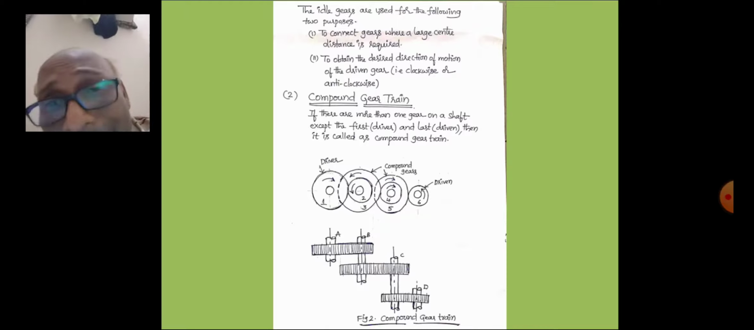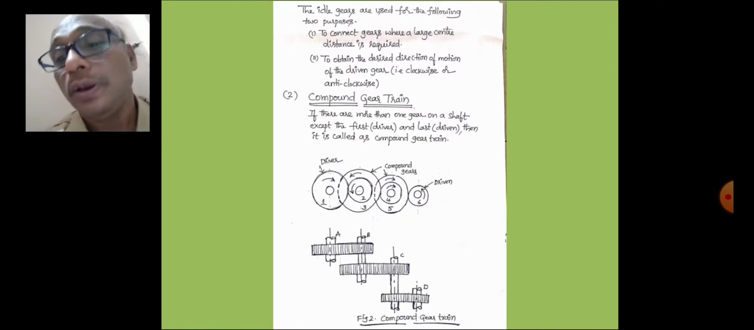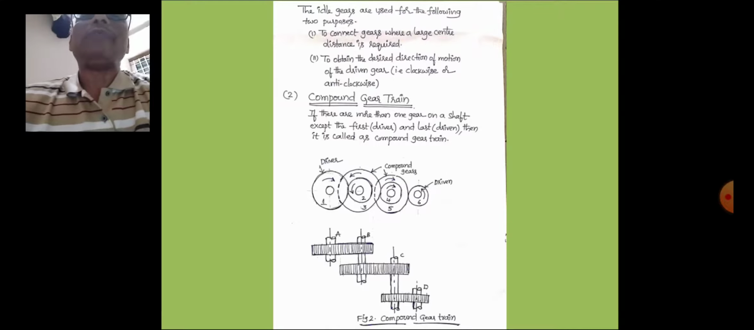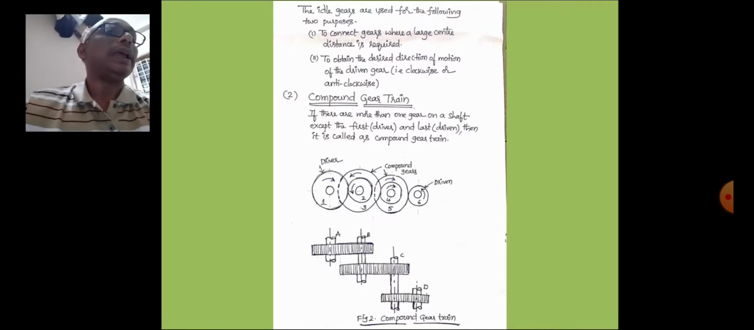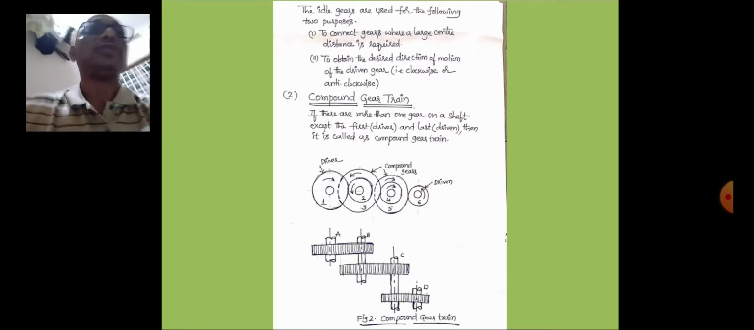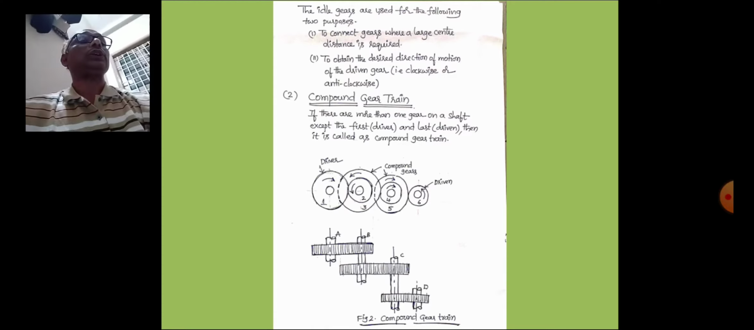Whenever the distance between the driver and the driven has to be bridged over by intermediate gears, not only our objective, because I said in a simple gear train, the gap between the driver and the driven will be bridged by means of intermediate gears, because it doesn't affect the velocity ratio. However, when the distance between the driver and the driven has to be bridged over by means of intermediate gears, not only our objective